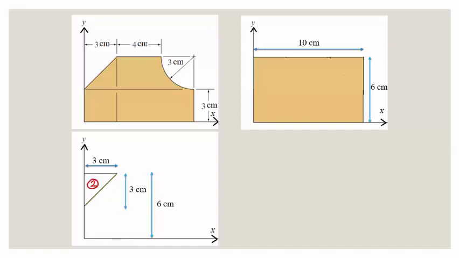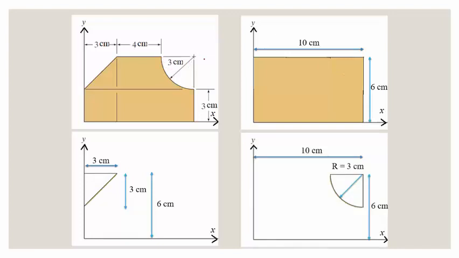Then the third section will be this quadrant. So this quadrant should be considered as the third section, which also has to be subtracted from the entire rectangle to locate the centroid of the given composite lamina. So the length of this quadrant along the x-axis is given as 3 centimeter, that is the radius of the quadrant, and along the y-axis the length of the quadrant is also 3 centimeter, that is the radius of the quadrant. So this is section 1. From the entire section, if we subtract the portions triangle and quadrant, then we can have the given plane area.